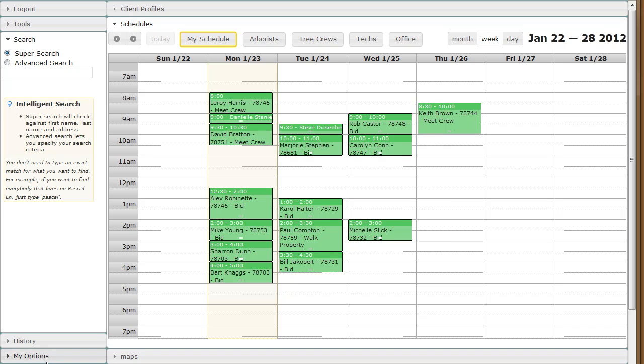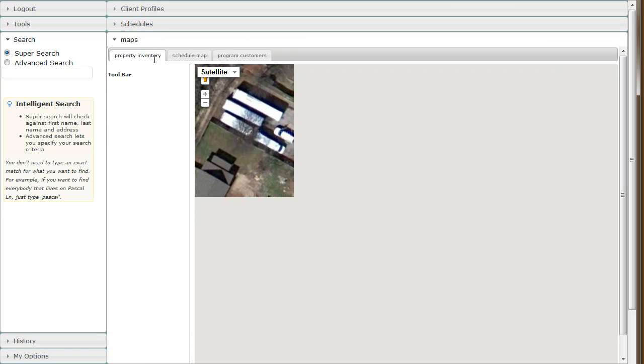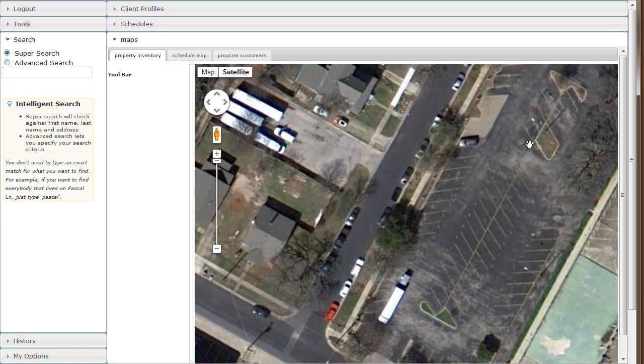You can view tree inventory data using the tree inventory map. When the application loads, click on maps, and you'll see that the first map that loads is the property inventory. I'm currently having some display issues. It's acting weird. But if you click over to a different map and then come back, it'll display properly.